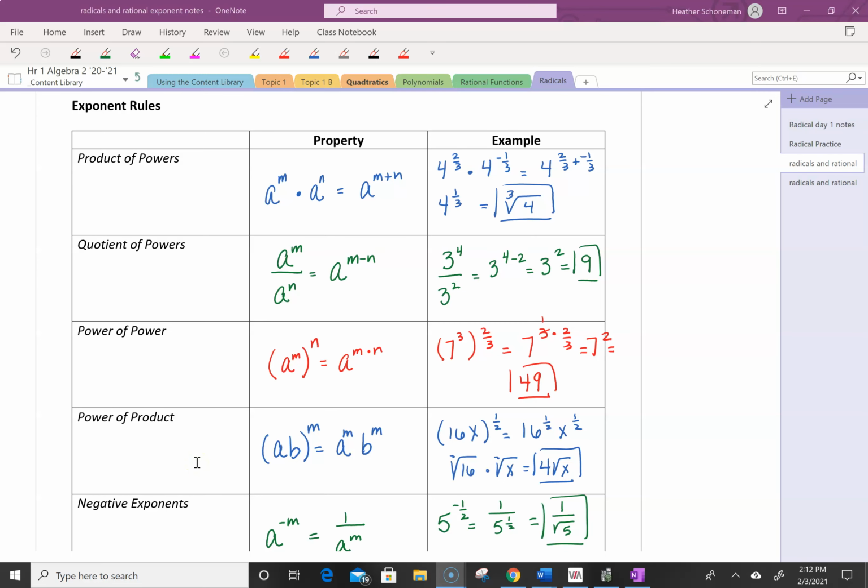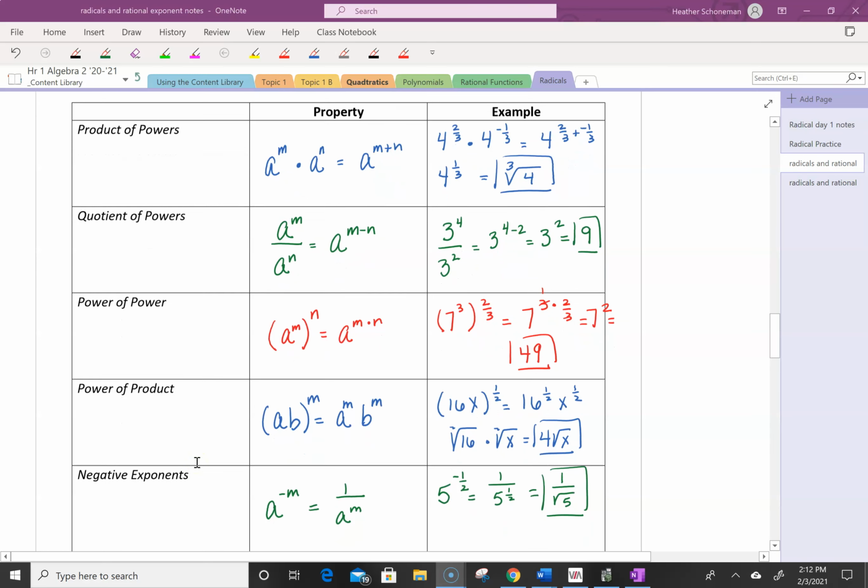Okay, this is a lesson on radicals and exponents, and this is video 2 of 3. So when you were in Algebra 1, you learned about the properties of exponents. So this video is simply to review those properties. I'd like you to write them down in your notes and refer to them, but think of these as